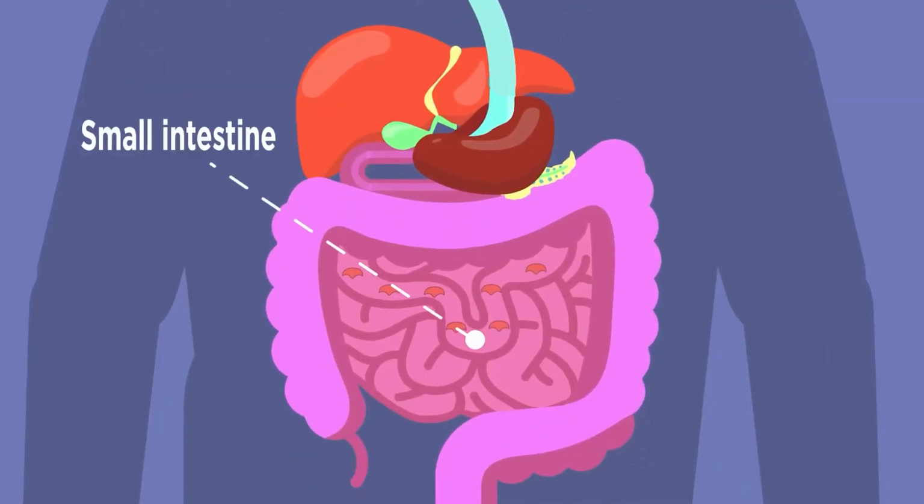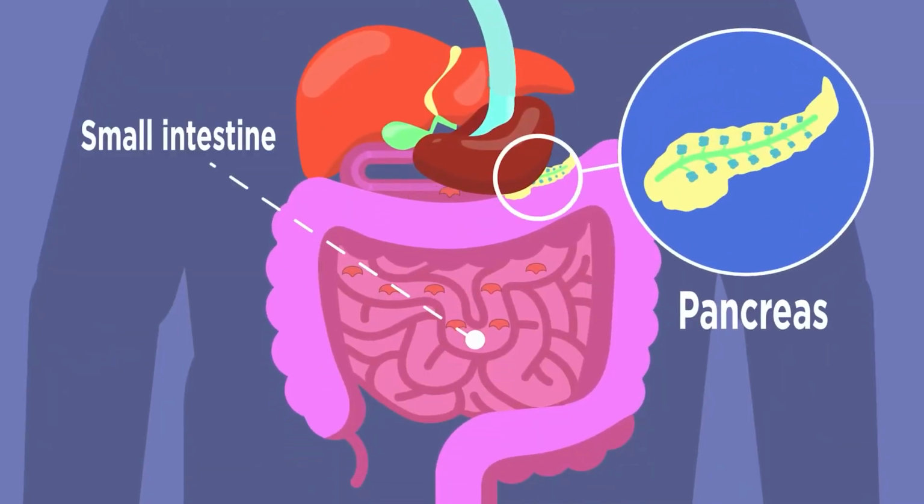These are mainly produced in the pancreas, but some are also produced in your small intestine. They mainly aid with digestion and absorption of food, but they also play a role in reducing the number of bacteria in the intestine. So not having enough digestive enzymes can also make it more likely that you can develop SIBO. The third potential cause for SIBO is ileocecal valve dysfunction. The ileocecal valve separates the small and the large intestine.